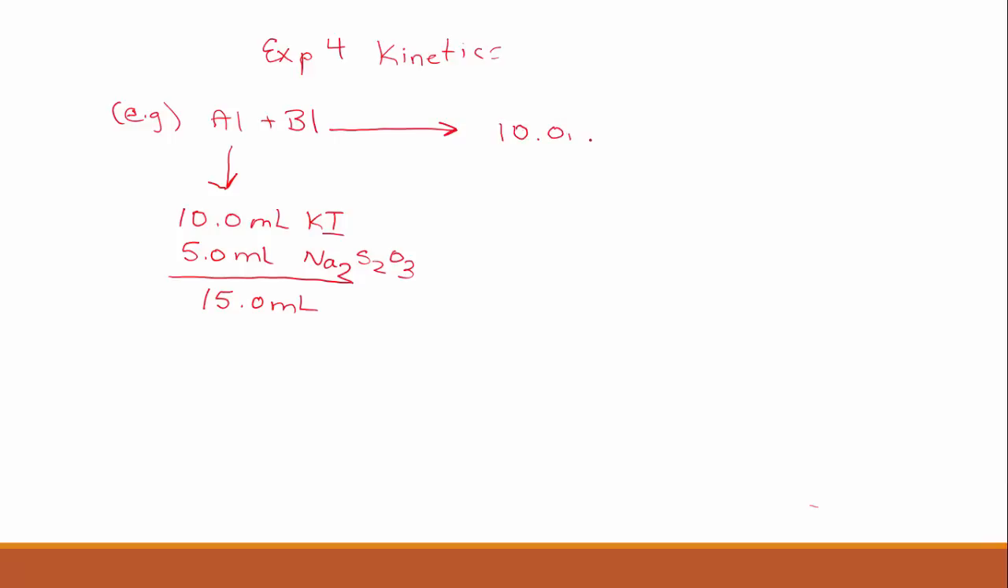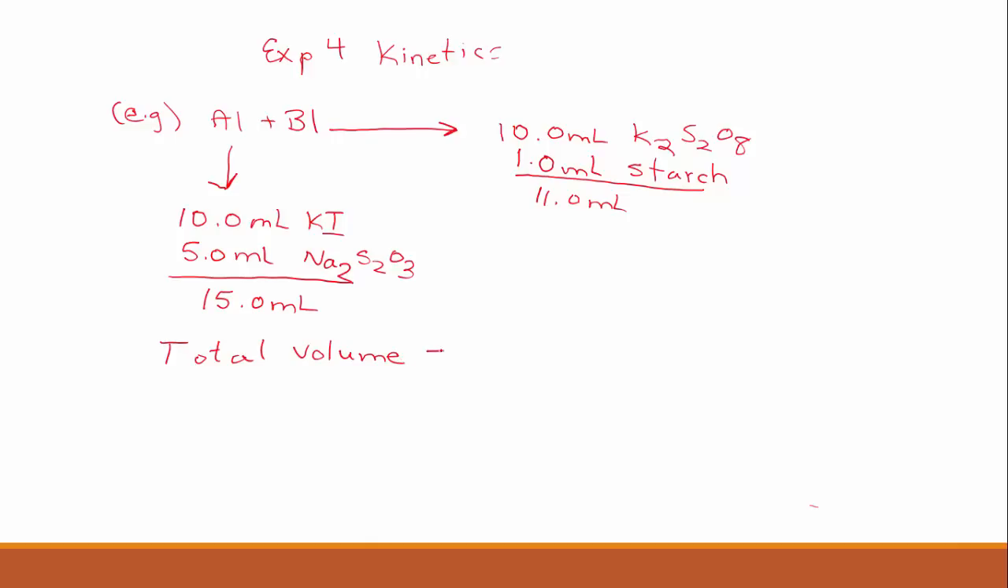10.0 milliliters of K2S2O8. Again, that's aqueous. And you placed in 1 milliliter of starch. So you know why you placed that into that test tube. So this is a total volume here of 11 milliliters. So overall, the total volume of the solution in which the reaction took place is the sum of those two volumes, A1 plus B1, which is equal to 26 milliliters,